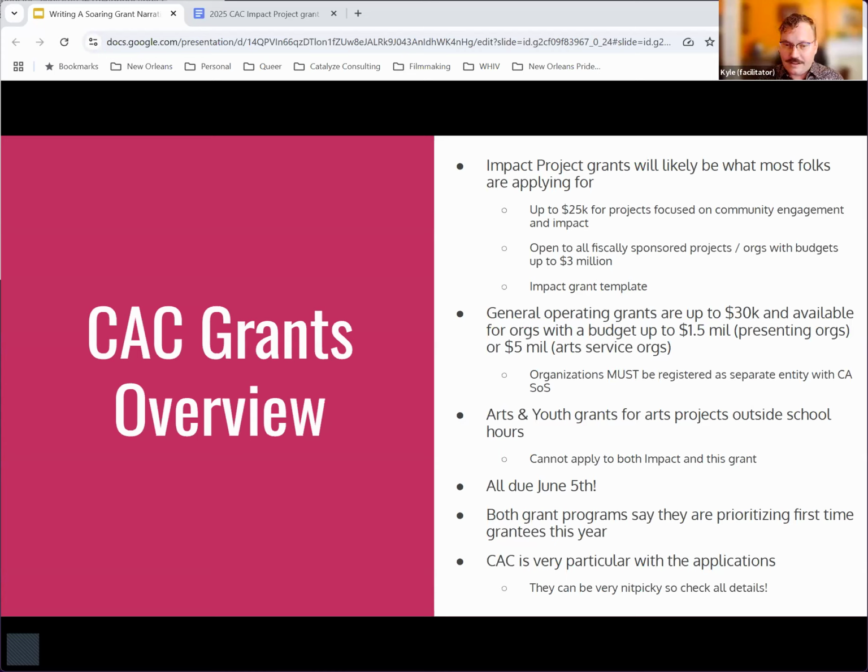It's a new development that's kind of changing the game in terms of who can or can't apply for these grants. So the other grants that are happening are the arts and youth grants. So if you work with youth, school children, all of that, there is a specific track for those projects. However, you cannot apply for both the impact grant and the arts and youth grants.